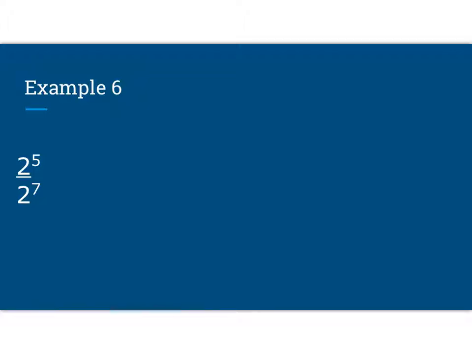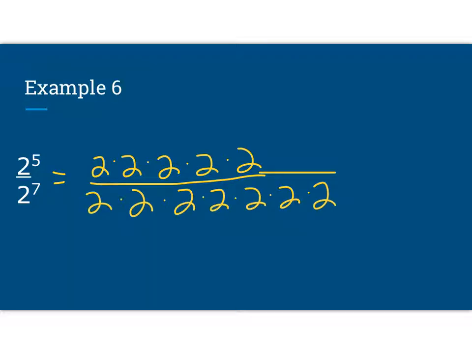Please try example 6. Same idea as the last one. Pause the video right here. So this one is the same idea as the last one, except we happen to have more 2's on the bottom. So when I go through and cross off,